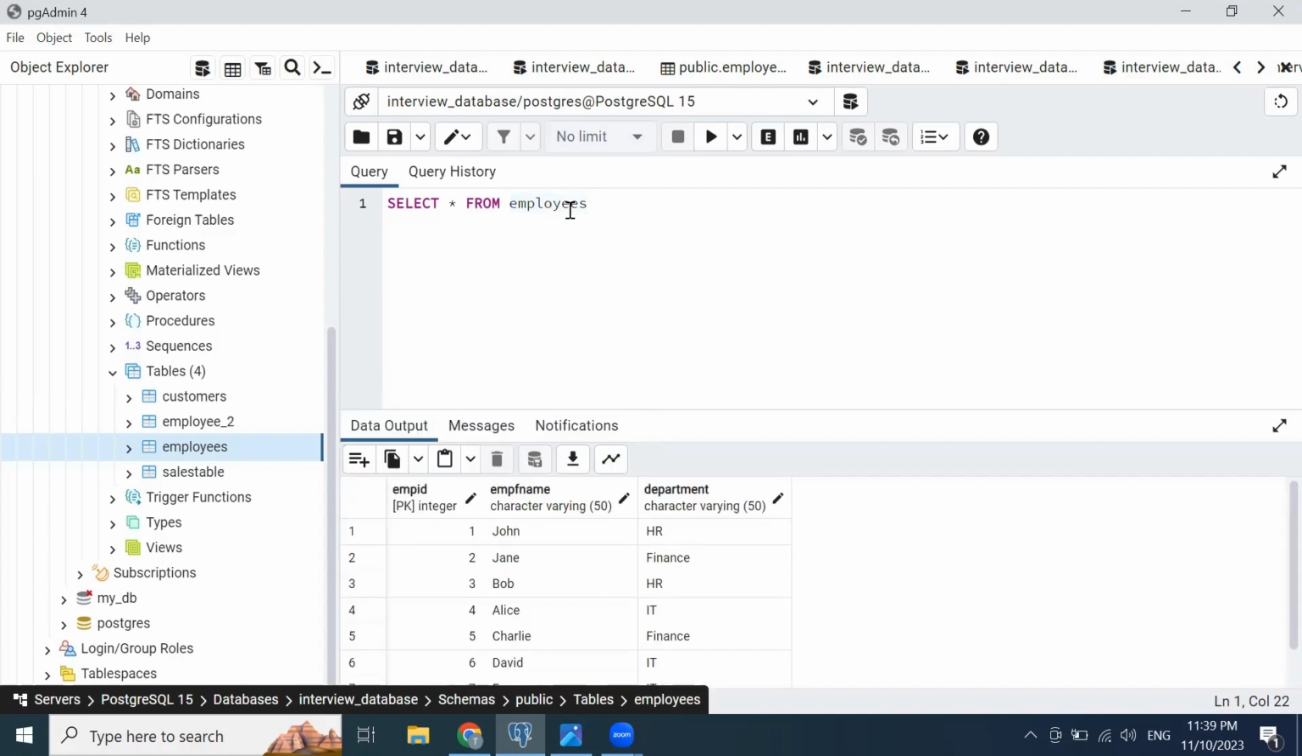So first we need to do what? Select all the columns from this table. Select e.emp_id, comma e, this will be the alias e, the first alias, I mean e.emp_name, and department, e.department